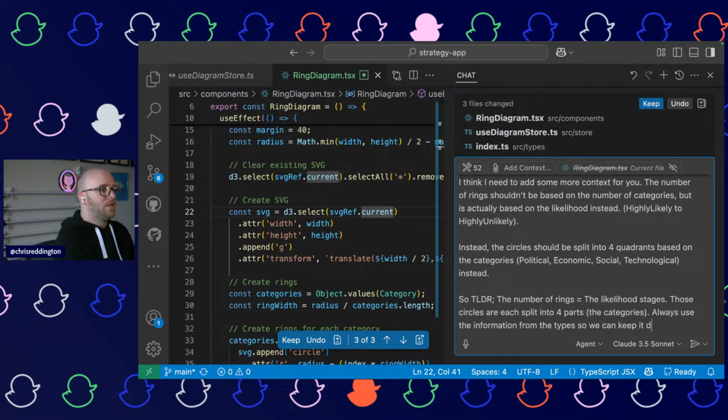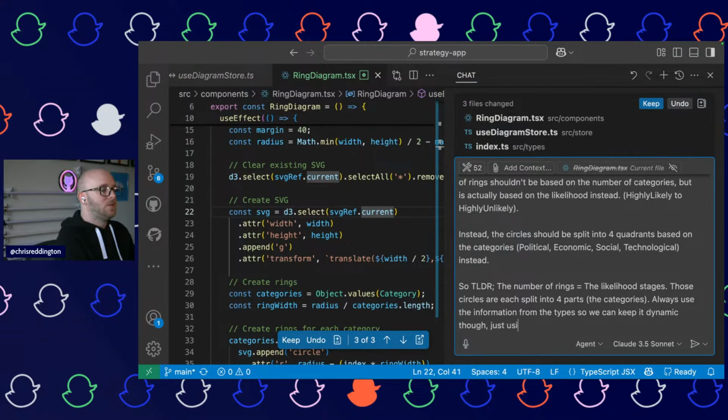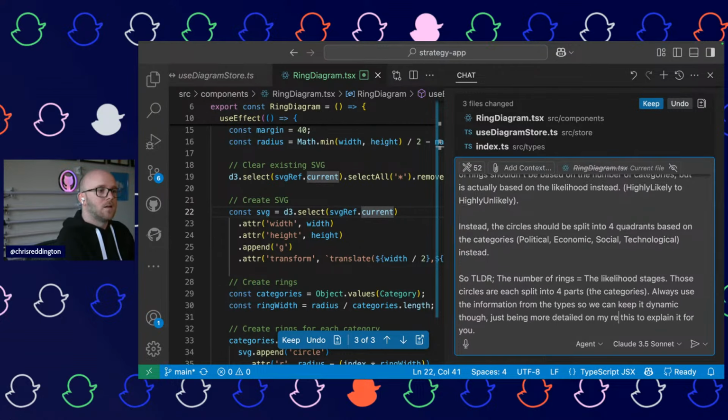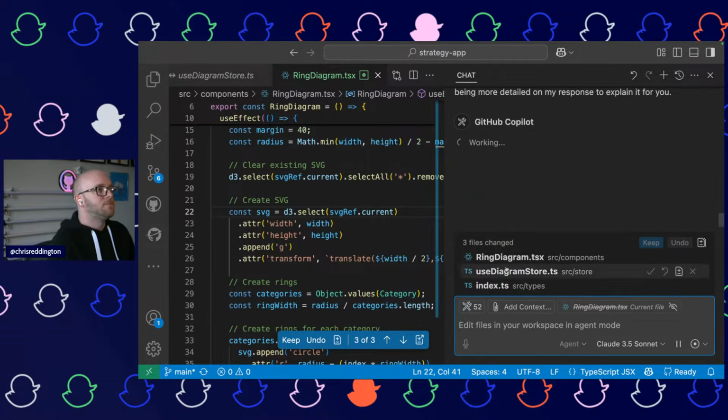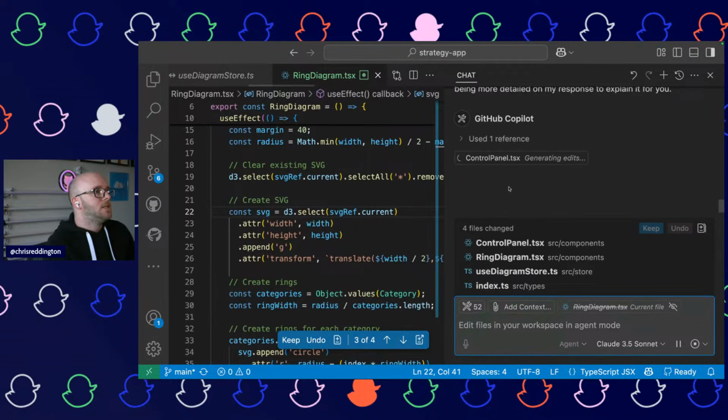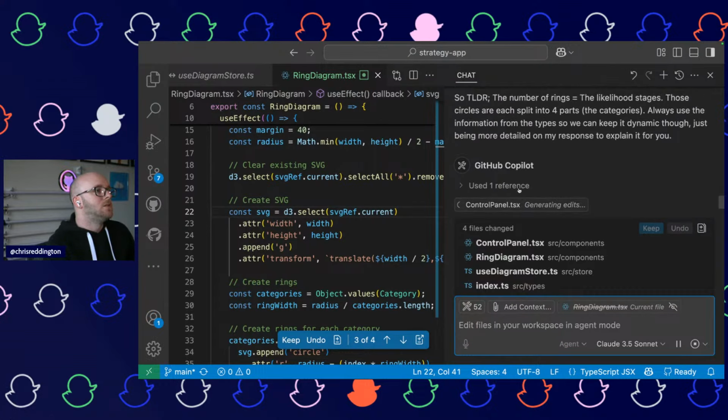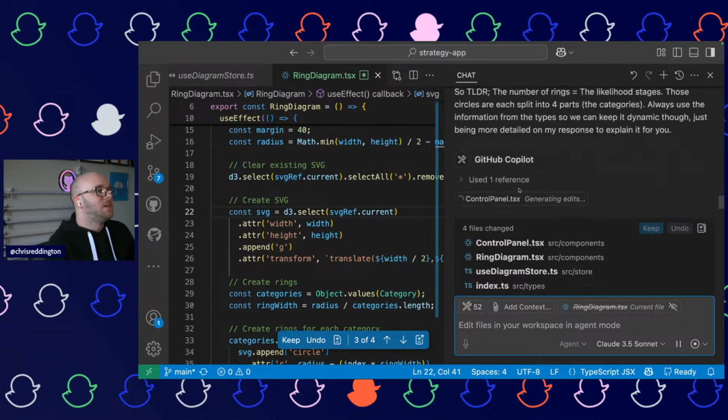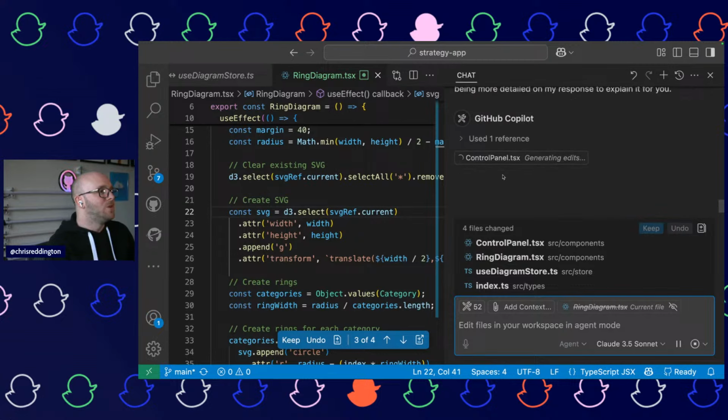We can keep it like that. Just using this to explain it for you. Okay. Let's see how that goes. Oh, okay. I might need to go back and reprompt that one. It's moving on to the control panel here.